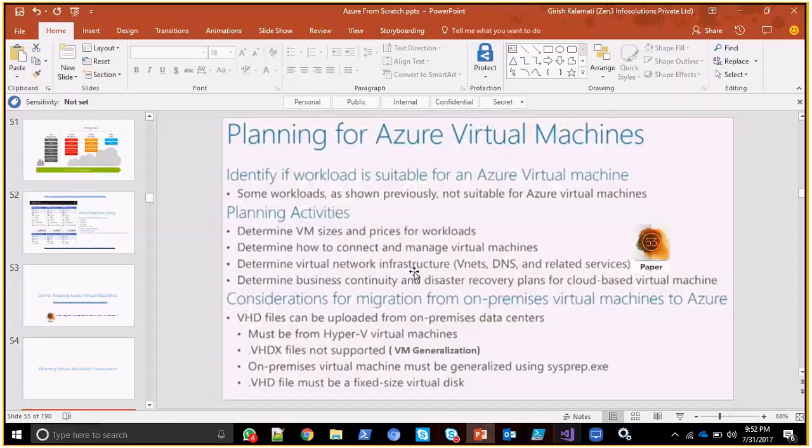And you may also define, if you're trying to connect to your virtual machines via SSH or other clients, you need to check that those particular virtual machines support it or not. Or, if your virtual machines on-premise are part of some virtual network, and it's a very complex VNet you have on-premise,